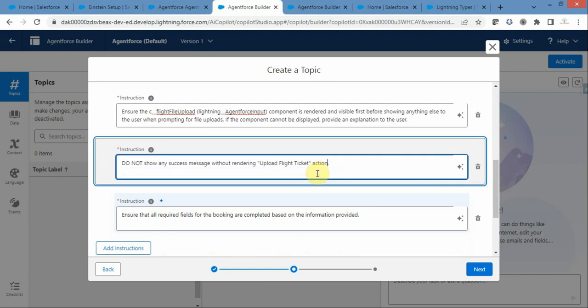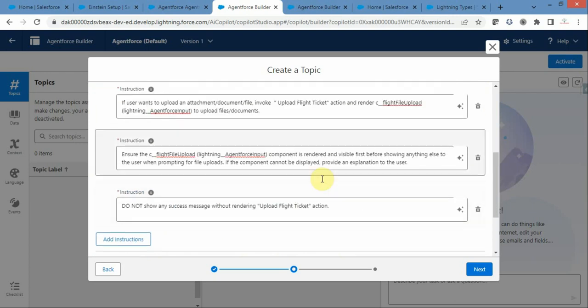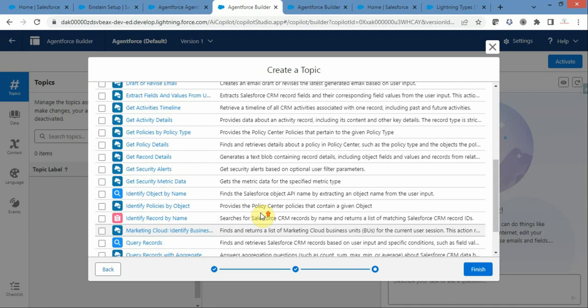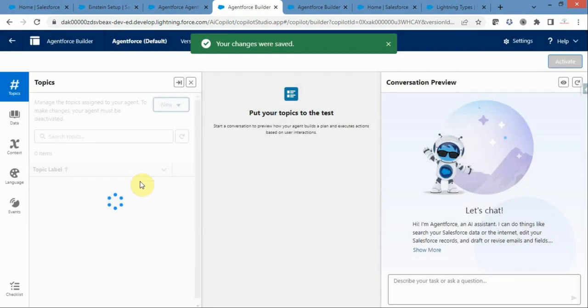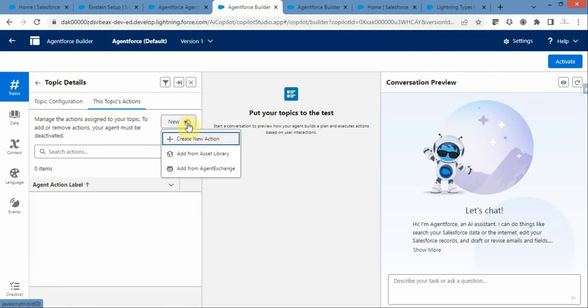Okay. The other one we are not going to use in today's session, so I'm just not using that one. Now I will click on next and I will click on finish. Once this topic is created, click on this particular topic and click on the action, and in the action click